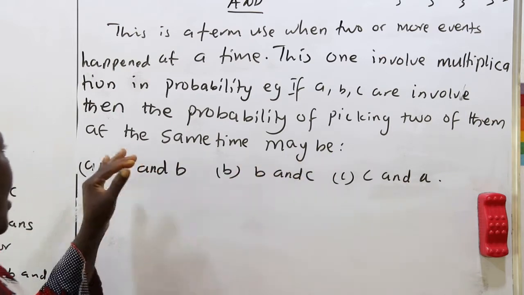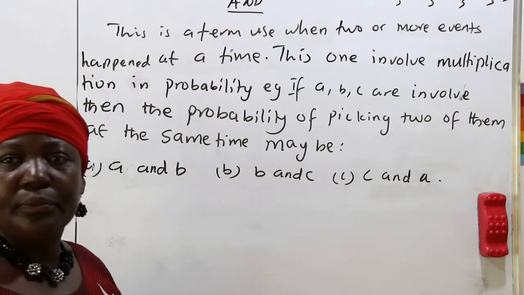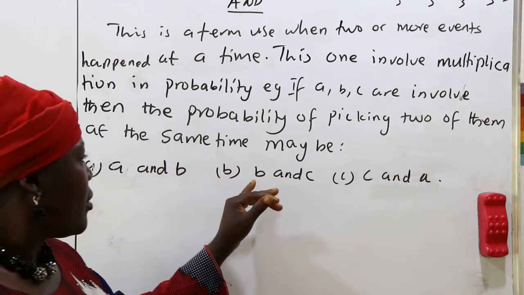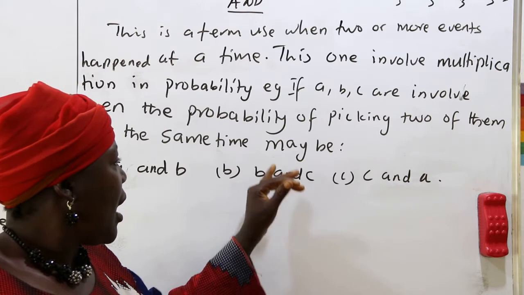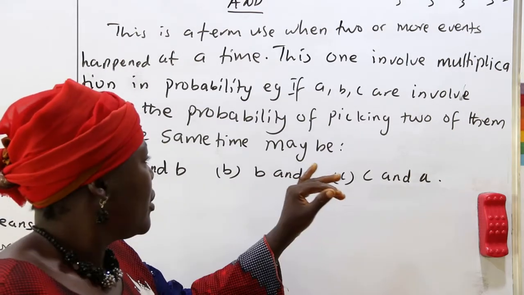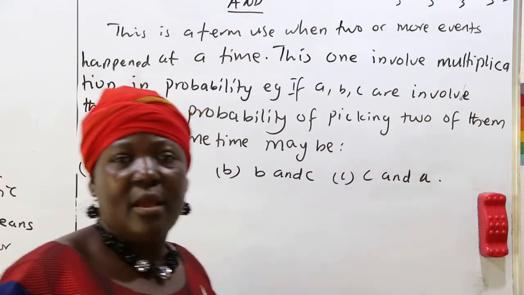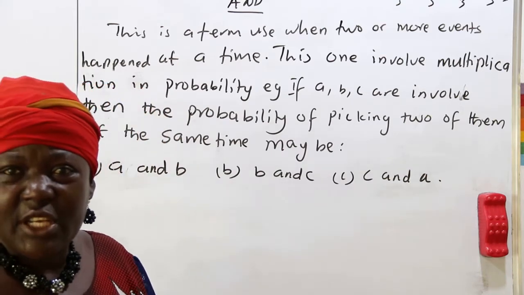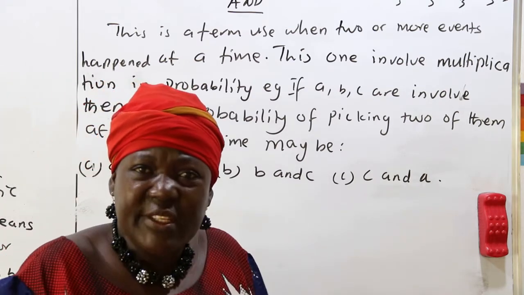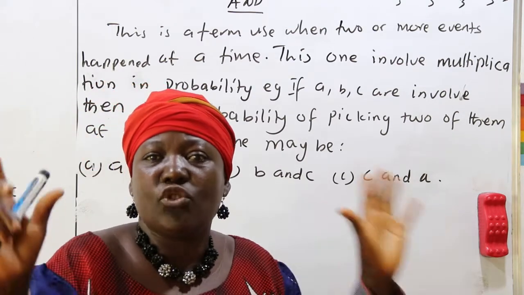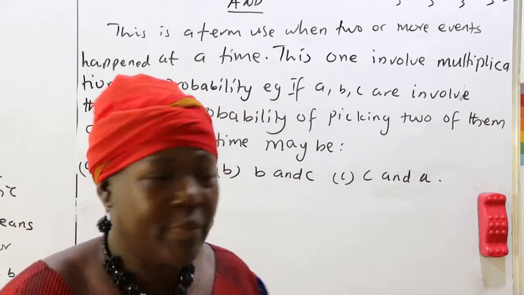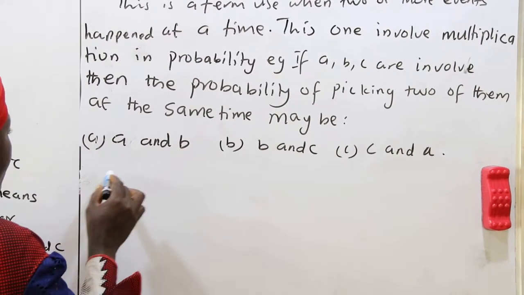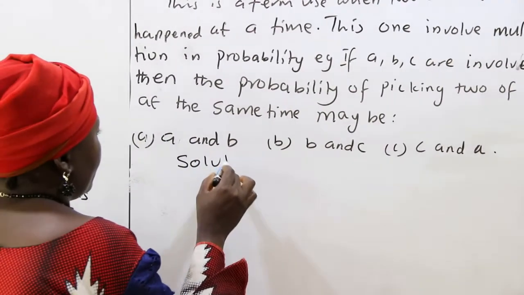picking two of them at the same time may be A and B, B and C, C and A, okay? It may be A and A, it may be C and C, it may be B and B, all the same. Just know their individual probability, then you multiply them. Let's see how we can solve these ones now. Okay? So for the solution for this issue,